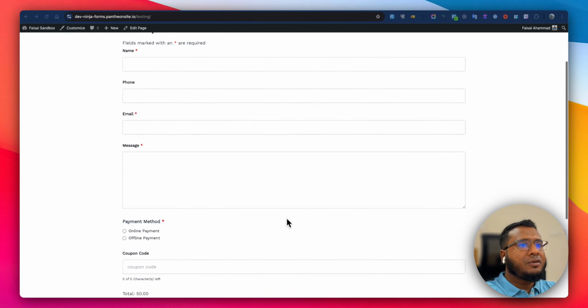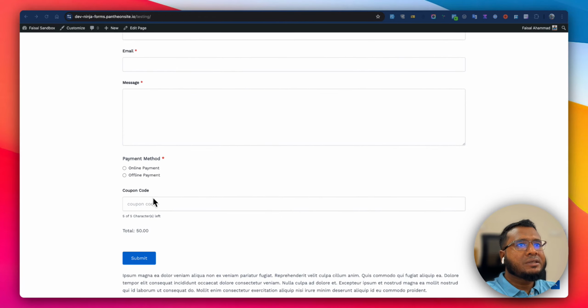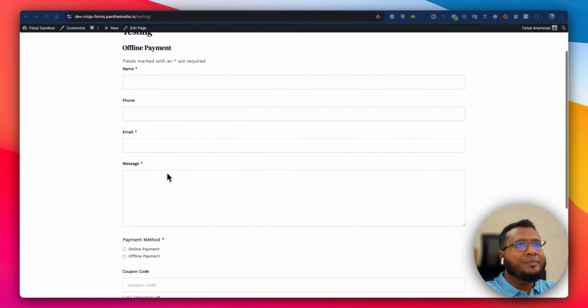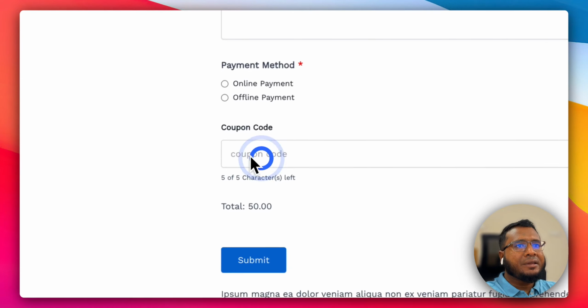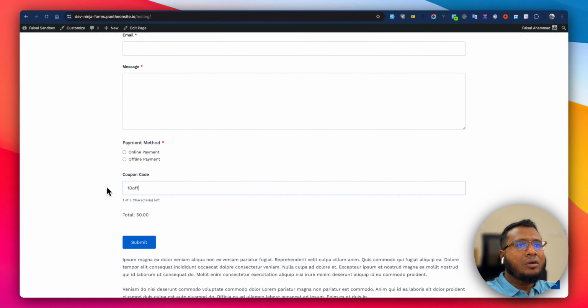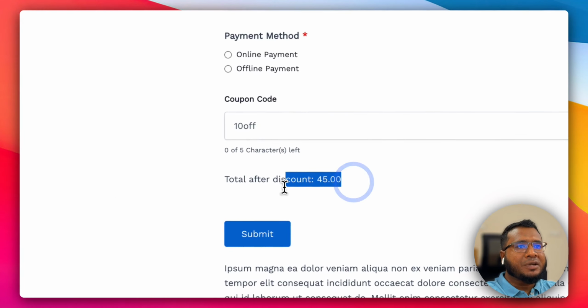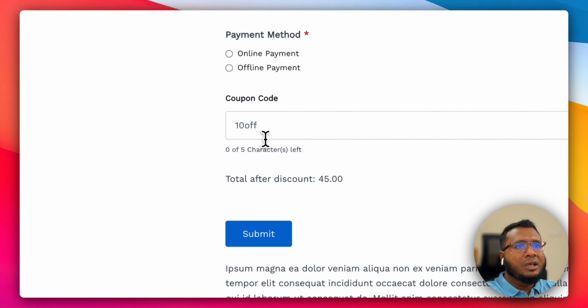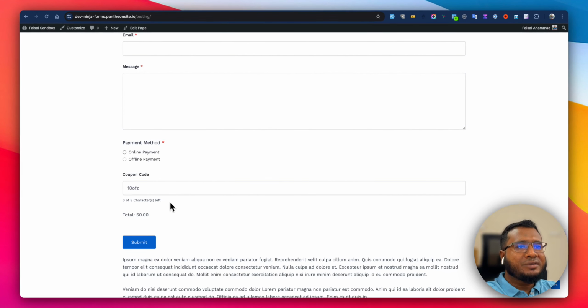So the final form will be something like this. They will fill all the input fields and here they can apply the coupon code. So like 10 off, it gives them a 10% discount from the $50. If I make any mistake like this, it will not work, and you can give a warning there, but we'll see this later. So let's see how we can create similar functionality on our existing form, or even you can